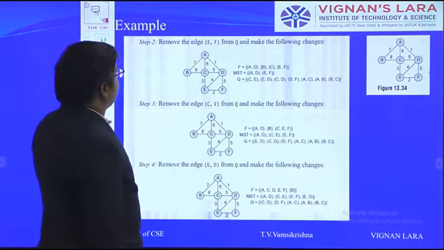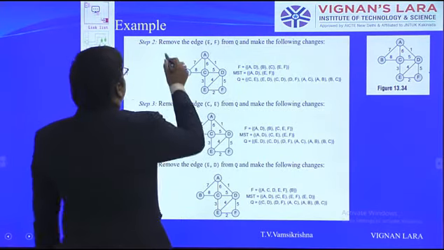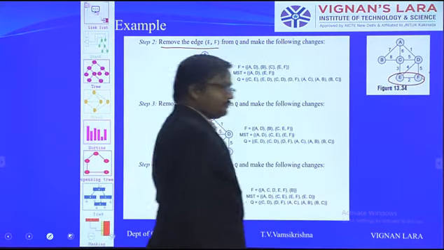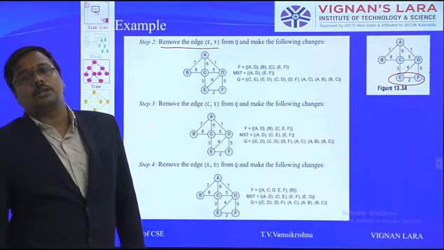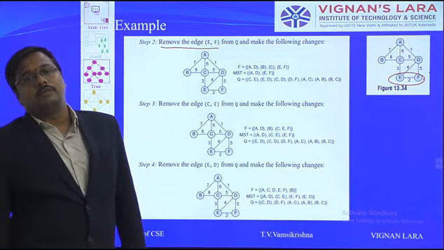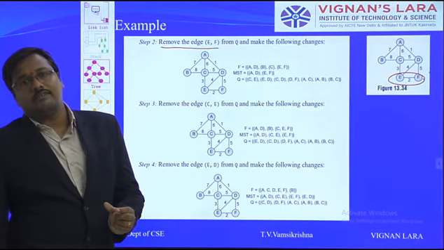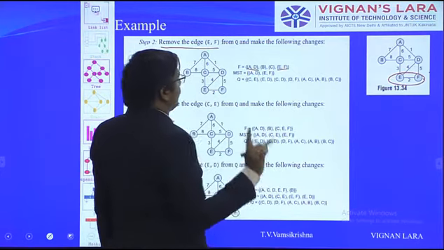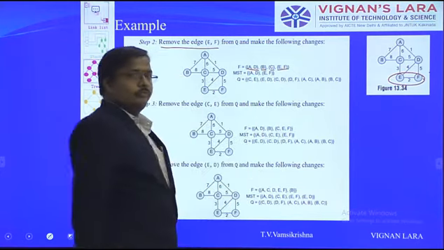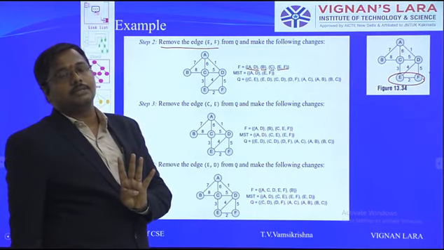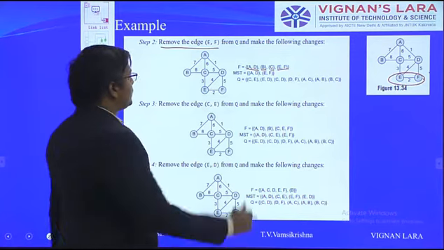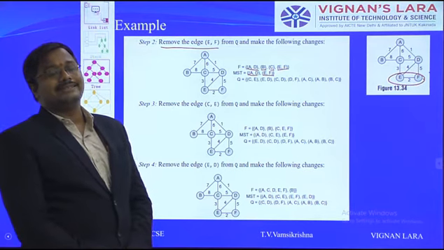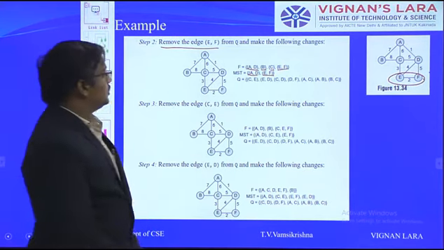Next we are going to step 2. Remove the edge E comma F. Why are we selecting E comma F? Because the next minimum cost edge is 2. So with the help of E comma F, first make the components. E comma F is one component, A comma D is one component, other than this B, C. Means right now 4 different components. So here A comma D, E comma F we are adding into the minimal spanning tree set. Right?